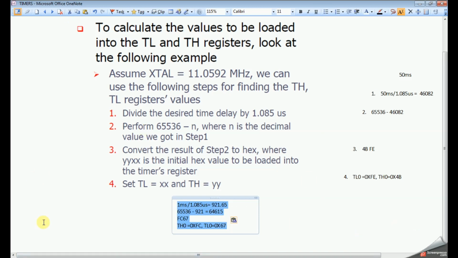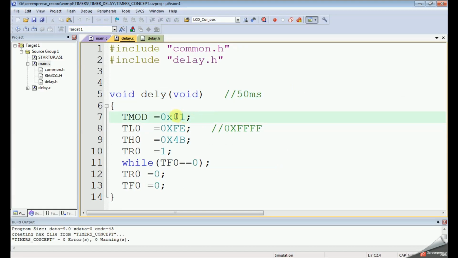So let's change that previous logic. This is the same, TMOD equal 0x01. Only the TL0 and TH0 values will change.